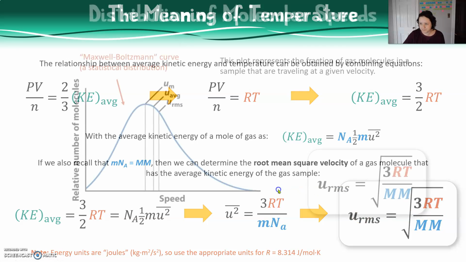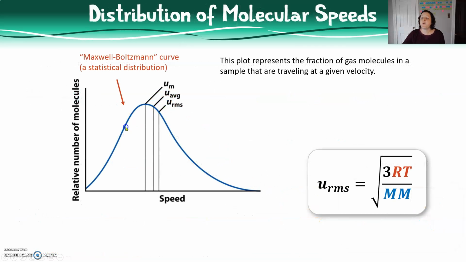the relationships here. Now, for those relationships, we have to discuss this Maxwell-Boltzmann distribution curve. In a sample with many gas molecules, not all have the same speed, and the distribution of molecular speeds follows this Maxwell-Boltzmann curve, which is really just a probability distribution describing the speeds of various particles within a stationary container at a specific temperature. So on this curve, note that some molecules can be completely stationary, with speeds equal to 0, and some molecules can move incredibly fast.